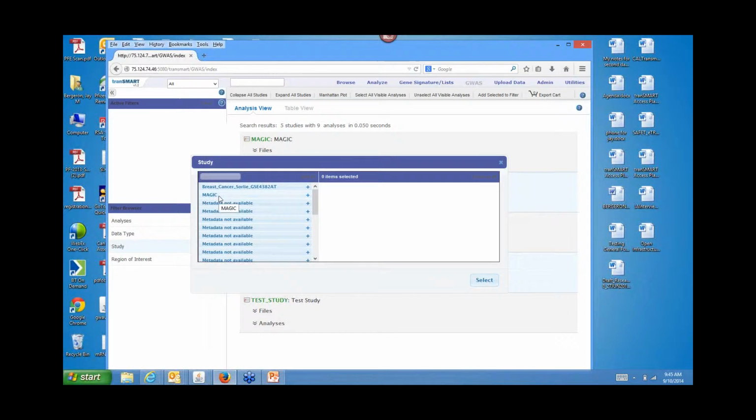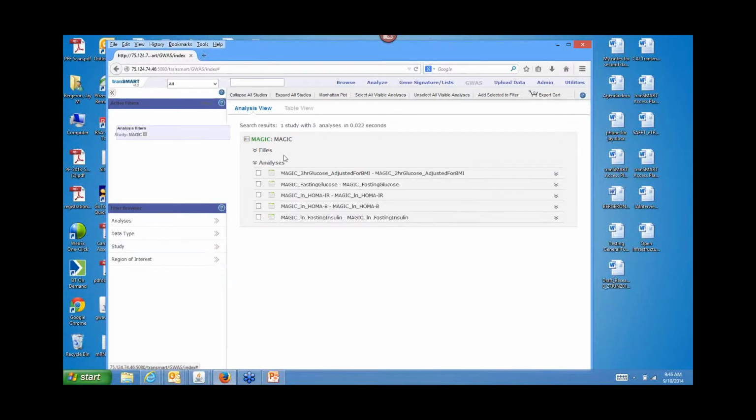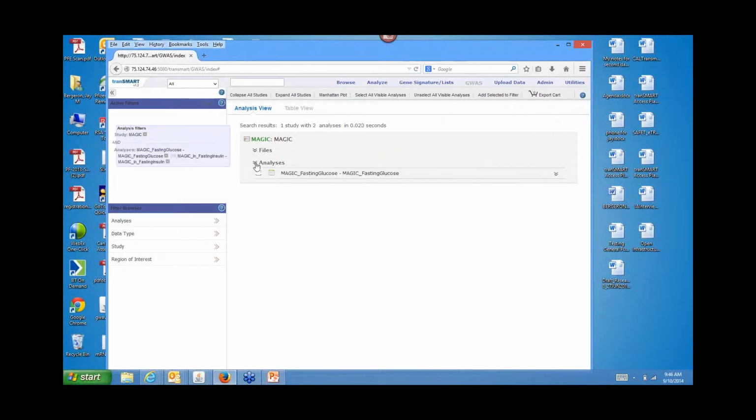In this case, the so-called magic set is a set of a few analyses that are publicly available GWAS sets. I can select those, and I can filter based on the study name. Within this study, there are 5 individual GWAS analyses. If I want to further restrict, I can do so from the analyses selection, or very simply, I want to see the fasting glucose and fasting insulin. I can add the filter, and